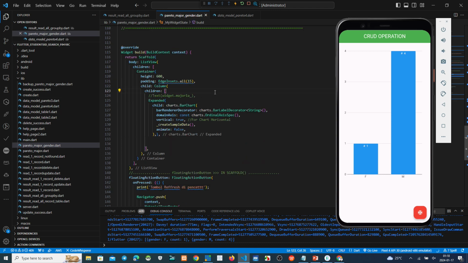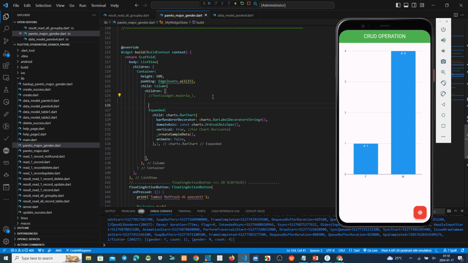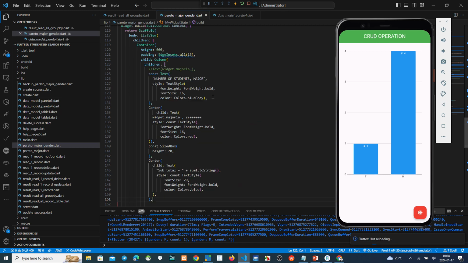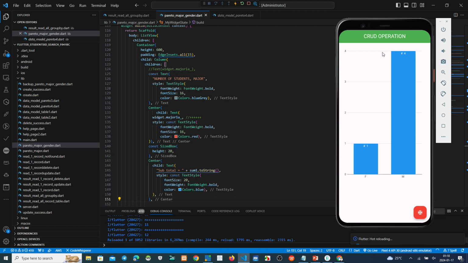Okay, this one. Copy. We can see this one. Wait a moment, please. Okay. This is number of student, major, programmer, because we put programmer.